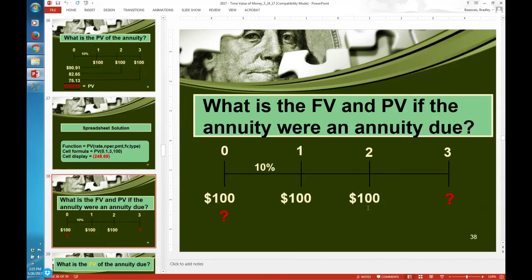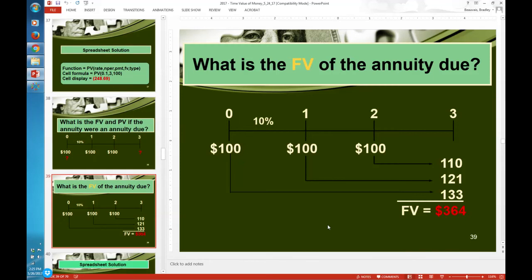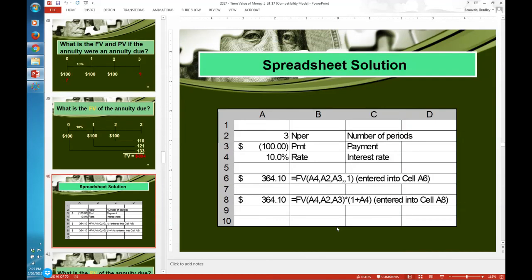So what's the future value and present value if the annuity were an annuity due? And notice that $100 that used to be out here, now we've shifted everything to the left, and we have that valuation stream basically starting at 0, 1, and 2. Okay. So what changes? Well, of course, we can do this long-handed, but what we can do instead of,